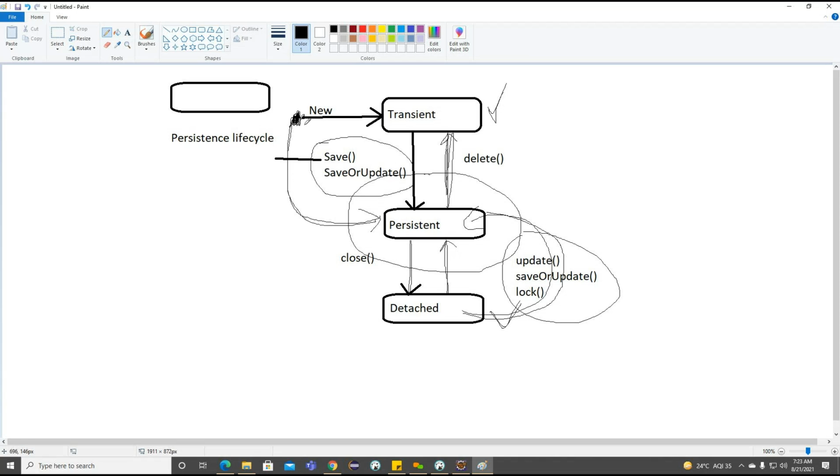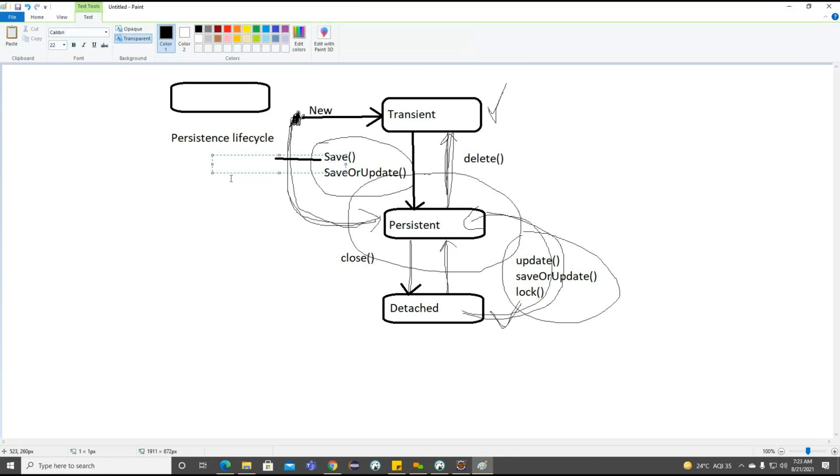What methods do we have to move to the persistent state? Getting the point. Here we have different methods. The first is the get method, the load method, the find method. Getting the point.